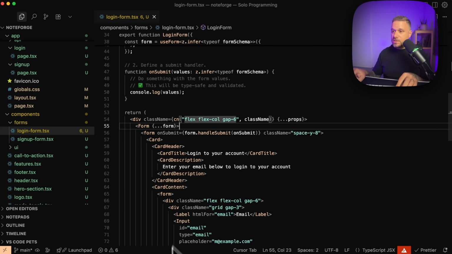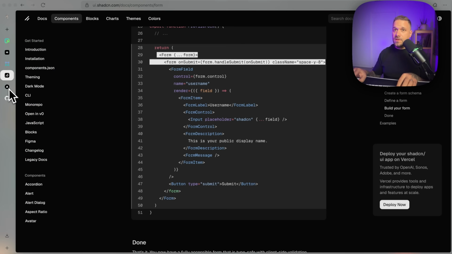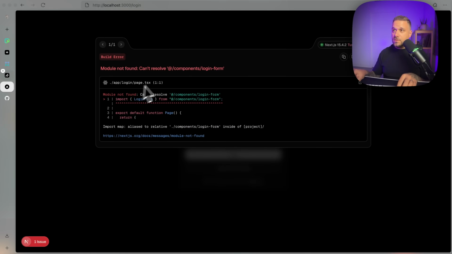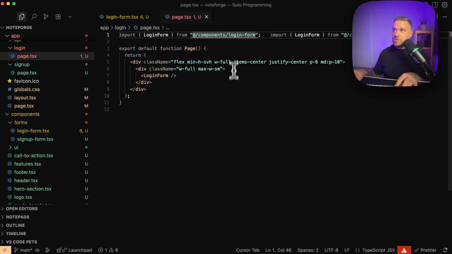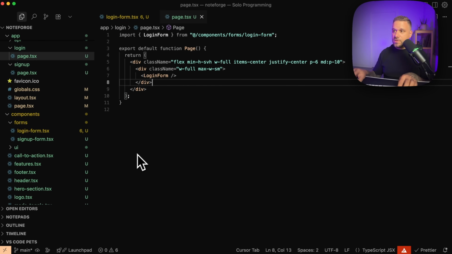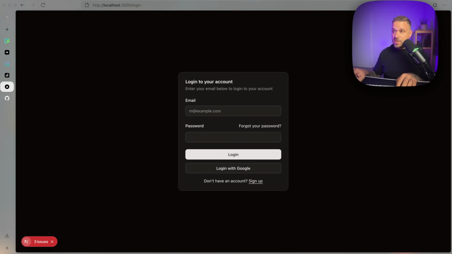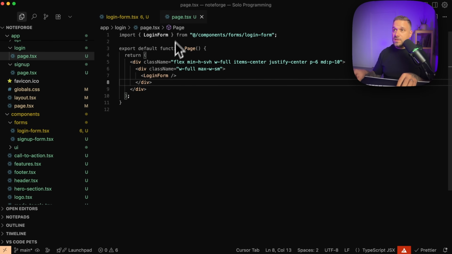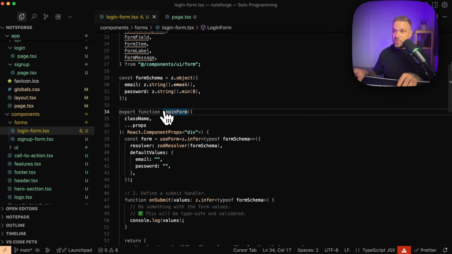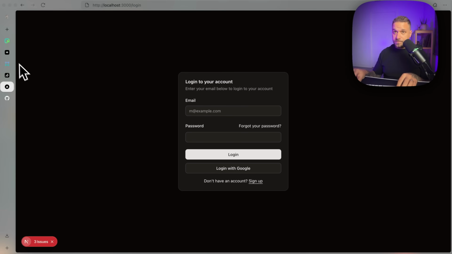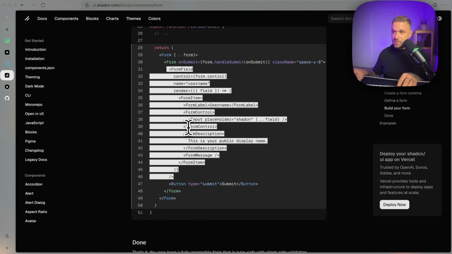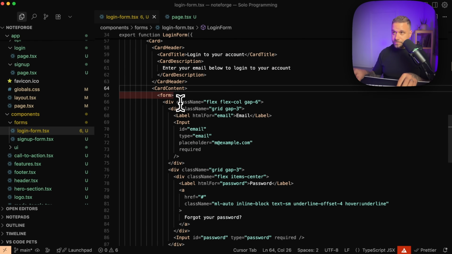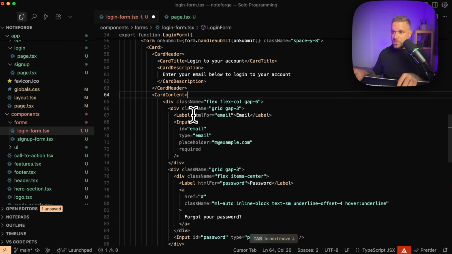And let's see if it's looking still the same. We maybe changed some components. Login form, this one is on the login page, so let's check the login page. Login form, it needs to come from our new forms directory. There it is. Okay, so design looks the same. That one is good, but we now need to put in everything that we need for our form. So going back to Shadcn, we need to create it like this, and our button needs to be submit. So removing this form from here,